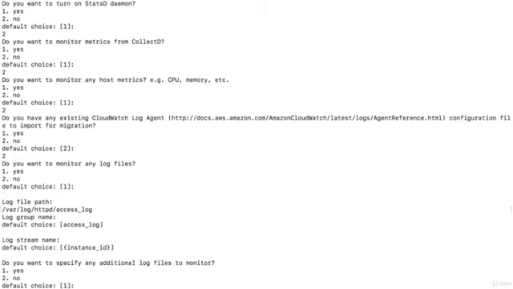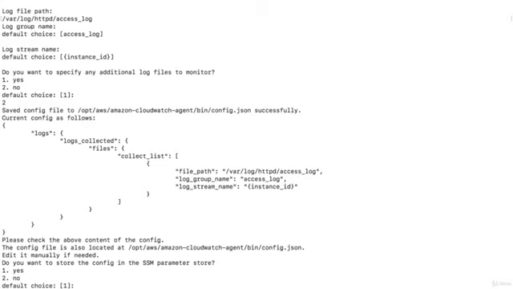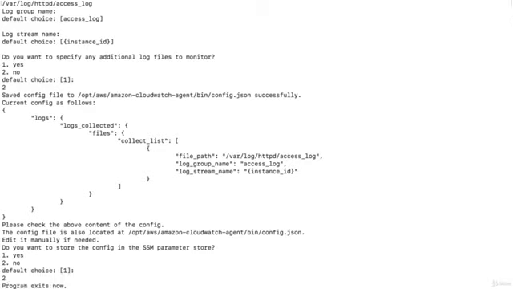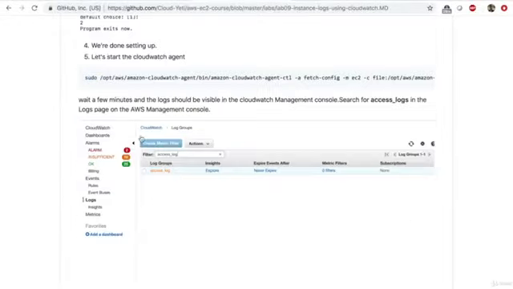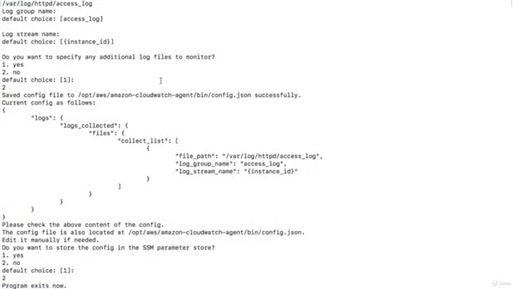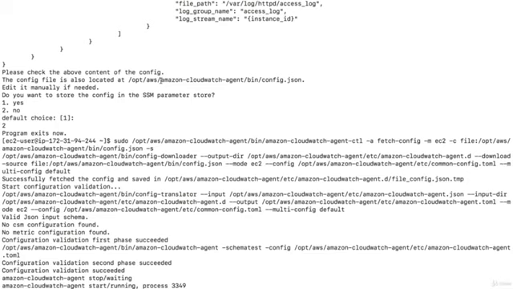Enter. Do you want to specify any additional log files? For now, no. So I want to say 2. Do you want to store the config in SSM parameter store? No. So 2 and enter. And the program exits. Okay. So once I configure the wizard, I need to restart the agent. And I come to step number 5, copy this to restart the agent and paste this,